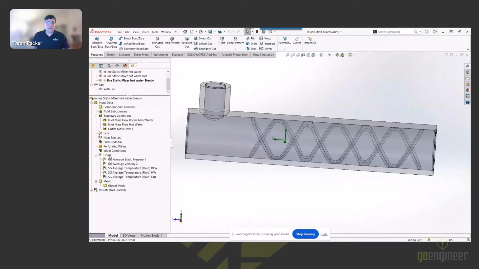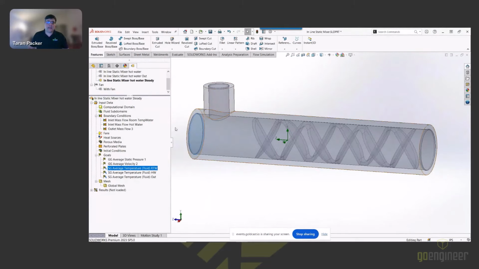So basically, goals in Flow Simulation are sensors. I can come here to goals. I can insert a global goal. That's for the whole analysis. Point goal, that's for a specific vertex. Surface goal, which is what I put in here on a surface. So I'm basically tracking what's happening on that surface. And then volume goal, that's for a whole part file. And equation goal,